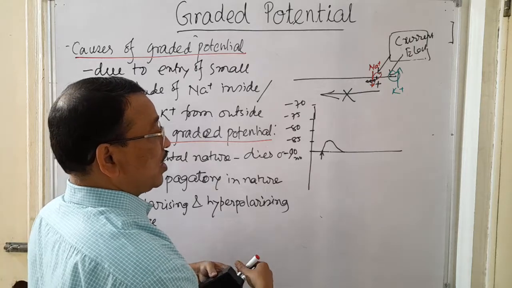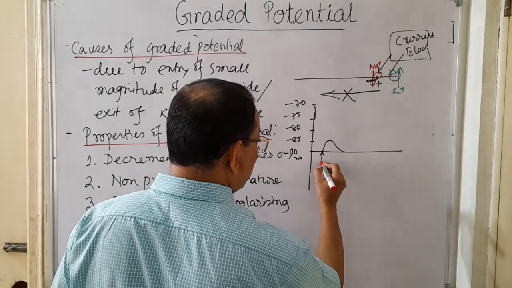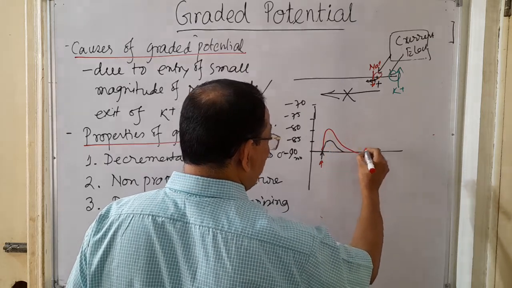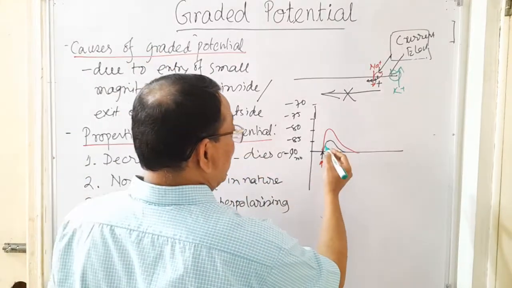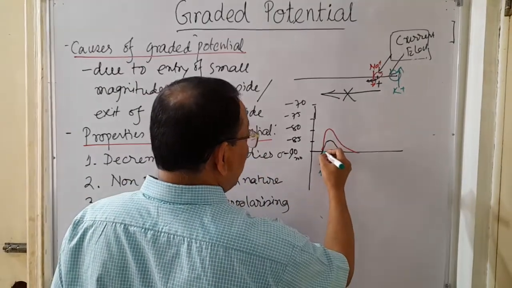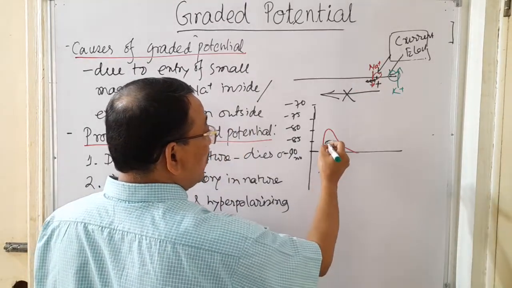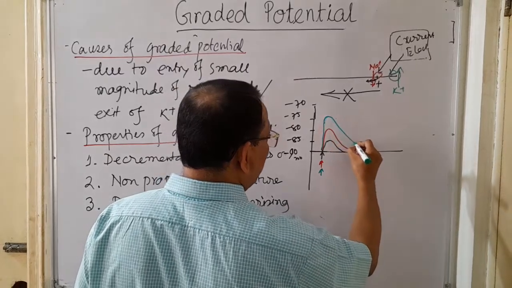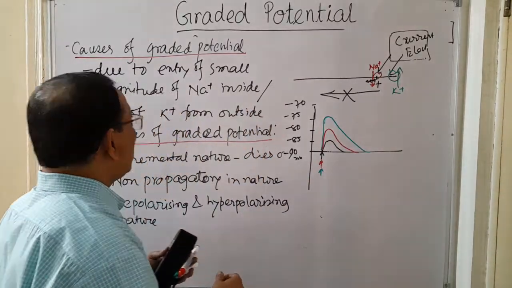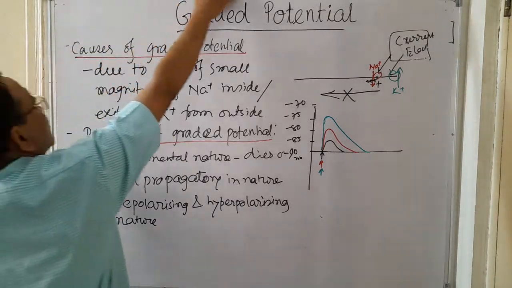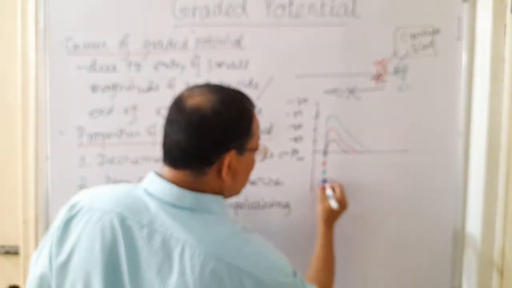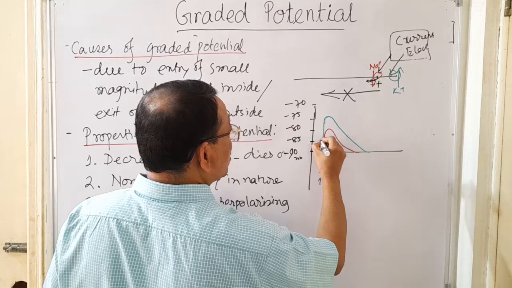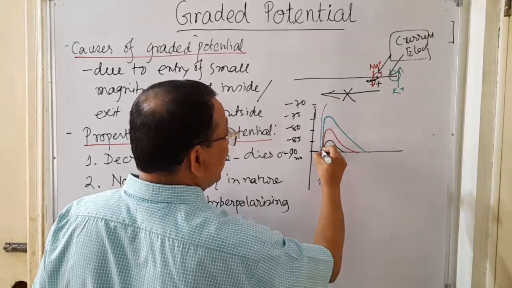If the strength of the stimulus is increased, then the magnitude will be further increased, to suppose minus 80. If the strength of the stimulus is further increased, then the membrane potential will change further, to suppose minus 75 millivolt, and if the stimulus intensity is further increased, then for example the membrane potential will reach minus 70 millivolt, and once